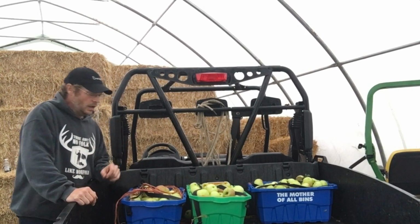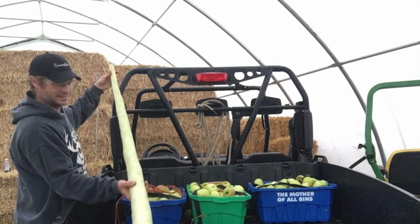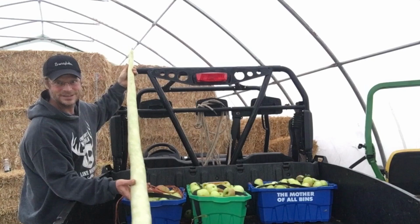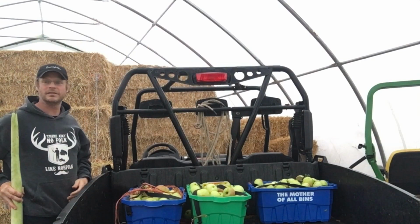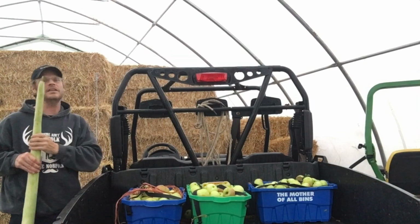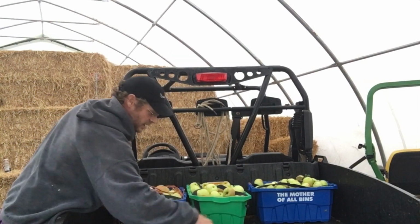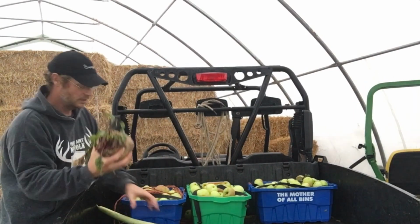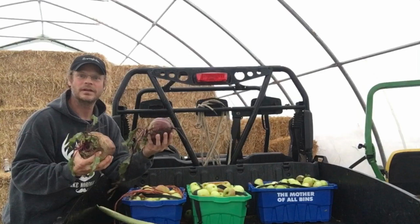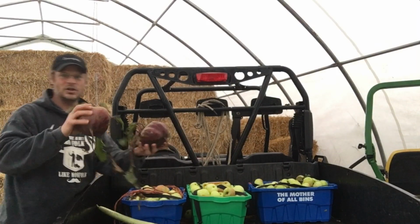I also have this Champion Kikuza zucchini. Now this thing is up to my shoulder from the ground. That makes it 5 feet. So this thing is actually a 5-foot zucchini, and I got a beet that I can barely hold on to. I actually have 2 of them, and there's actually quite a few that are quite big, but these were the biggest. So as you can see,